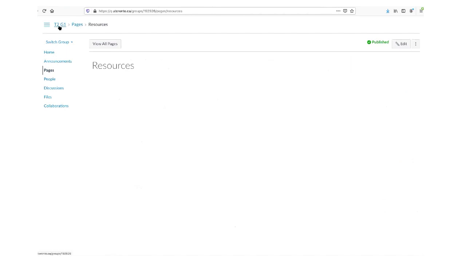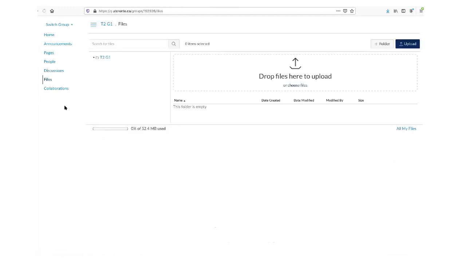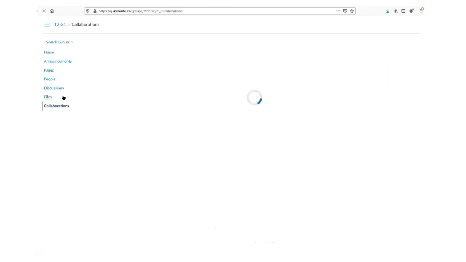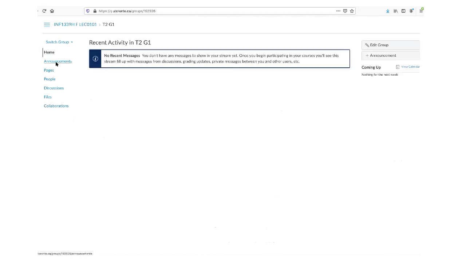So the idea was, we're going into reading week. Let's do something light and straightforward, and that's not onerous. That's the goal. The discussions. These are the private discussions inside of the group. You can put files up there, and collaborations is kind of a meaningless tool that Quercus has in it. Anyway, so